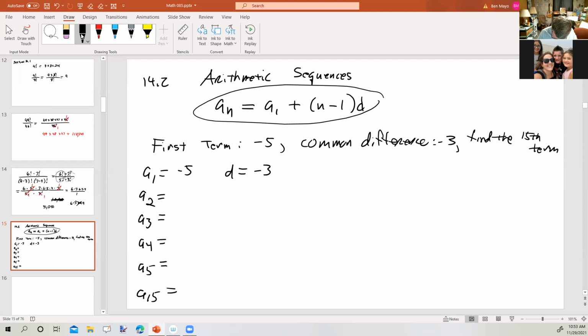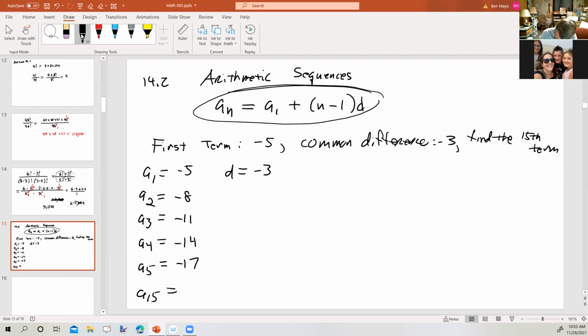a sub 1 is -5 plus -3 would be -8, plus -3 would be -11, plus -3 would be -14, plus -3 would be -17. Well, I don't want to do that 10 more times. I suppose you could out of desperation, but now we're going to go back to find the 15th term by